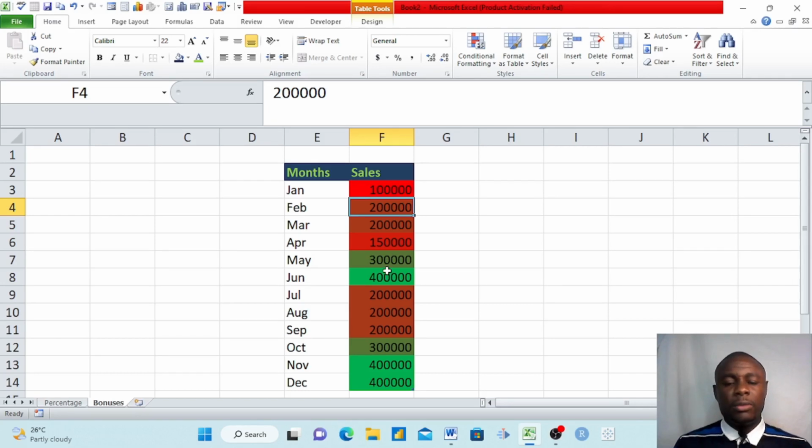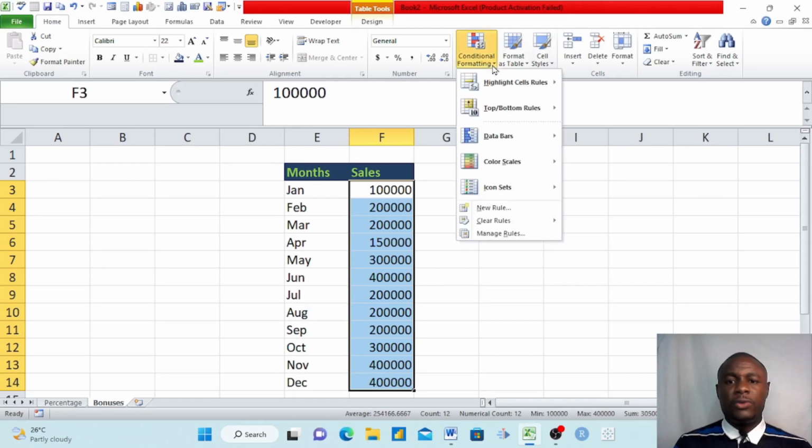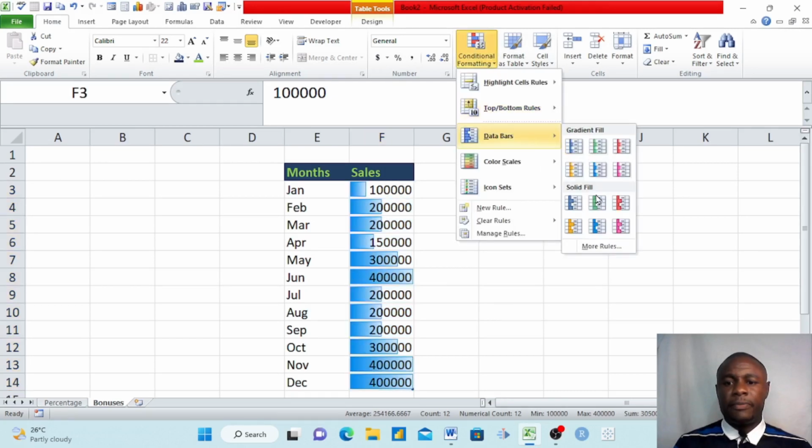Let's say you had more than 10,000 sales here that you wanted to identify, maybe sales of products or some kind of items. You want to identify real quick which products are performing well and which are performing low. You can easily use this option called conditional formatting. If I clear again, select again, clear the format, and go again to data bars,